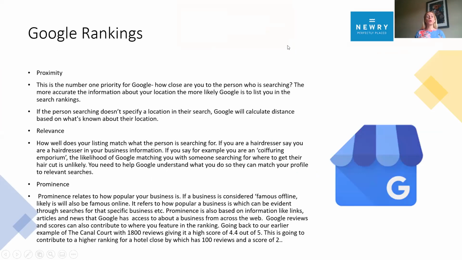So where Google puts you in terms of the organic ranking, you'll always see at the top of the page, more than likely for most searches, a couple of ads, where businesses have paid to be profiled at the top of that page, so that their business is the very first thing that you see if you search for Cafe Newry or Solicitors Newry. And ads have different appeal to people. Some people like them because they know that they're specifically what they're looking for in that business area, and some people really dislike ads and will automatically scroll past the ads and look for the first business in the organic